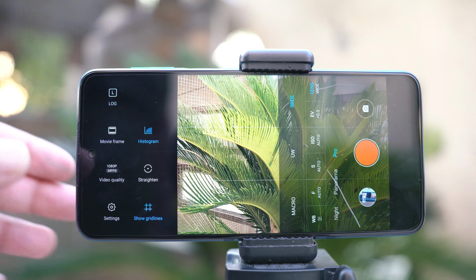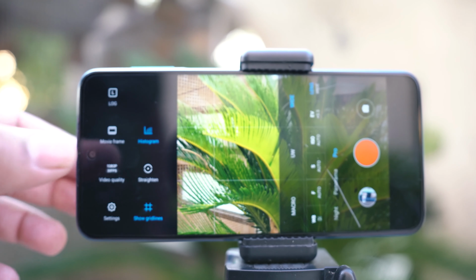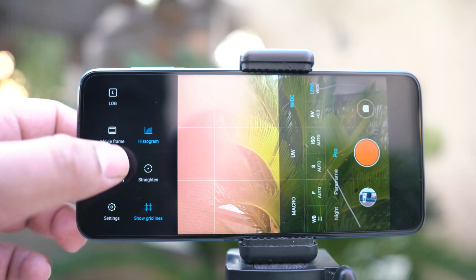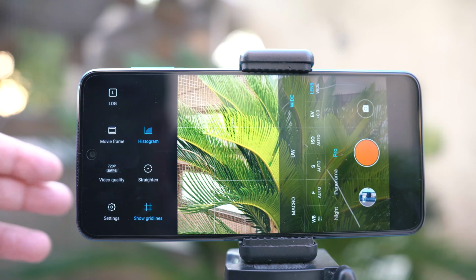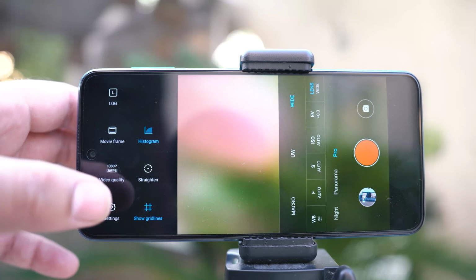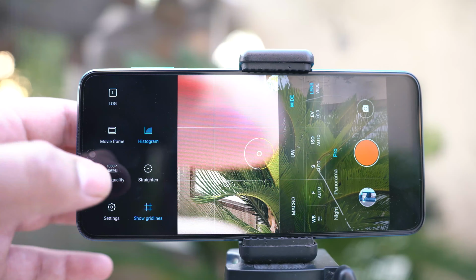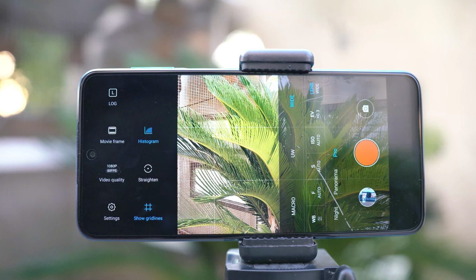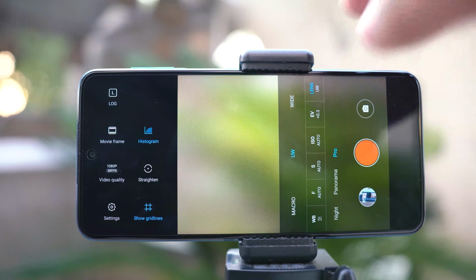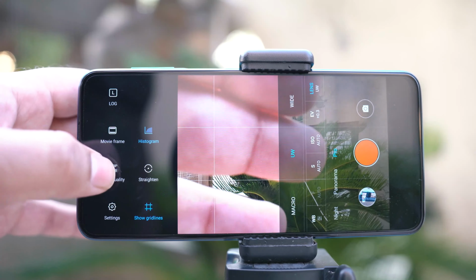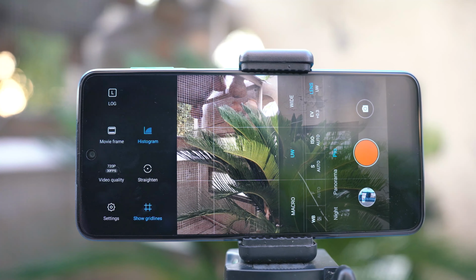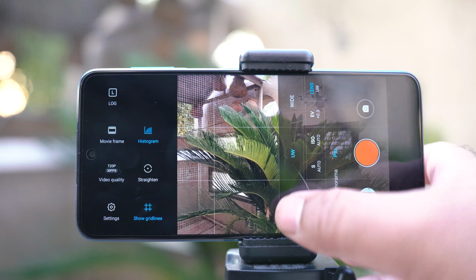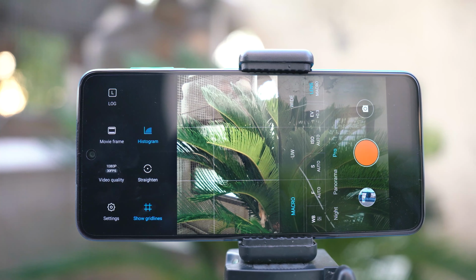Now remember that the video quality will vary according to the selected lens. For example, if you have selected the wide lens here, you will get the video resolution up to 4K at 30 frames per second, and then 1080p at 30 frames per second, 1080p at 60 frames per second as well, and 720p at 30 frames per second as well. But when you will switch to the ultra wide mode, you will note that you are now restricted to the 1080p at 30 frames per second or 720p at 30 fps. Similarly, when you will switch to the macro camera mode on your phone, you will be once again restricted to 1080p at 30 frames per second only.